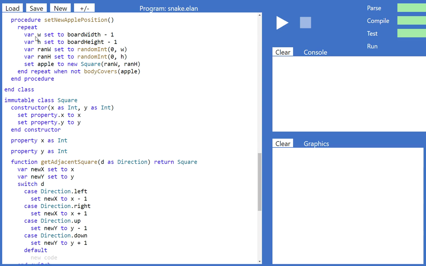Now we're doing that within a repeat loop, because if the random values result in the apple being underneath the snake, that's not going to work. And so we're going to do that as many times as is necessary until we have found a position for the apple that the body is not covering. So end the repeat when not body covers apple, which at the beginning of the game is going to happen